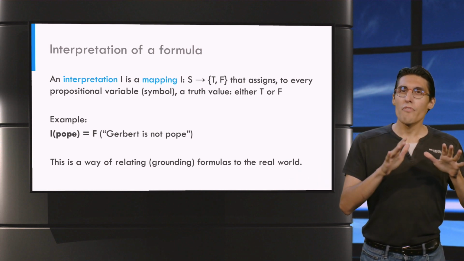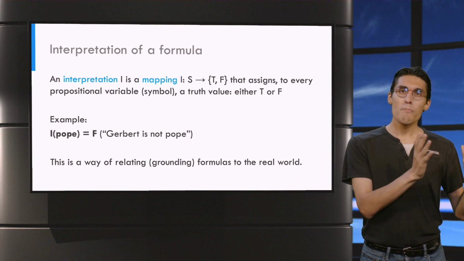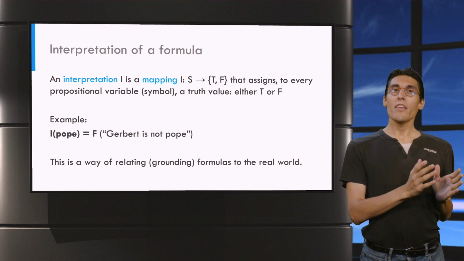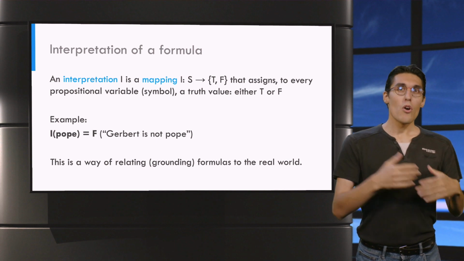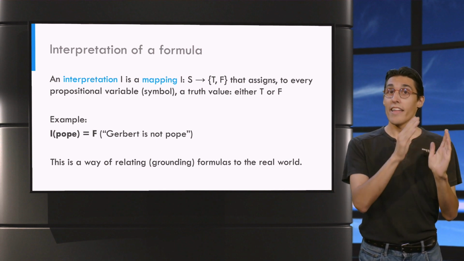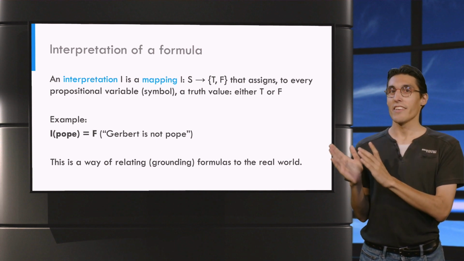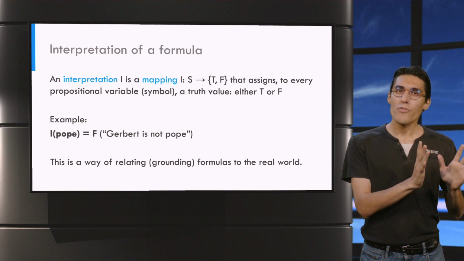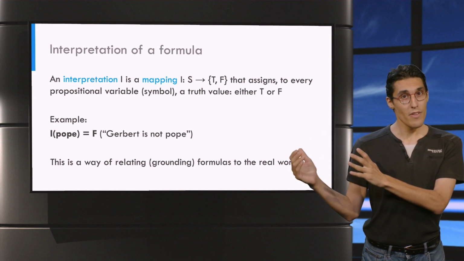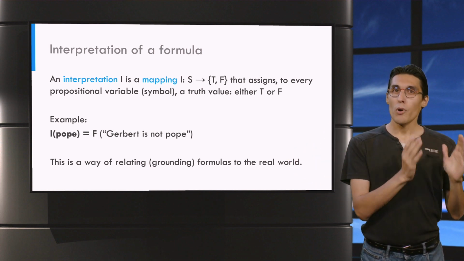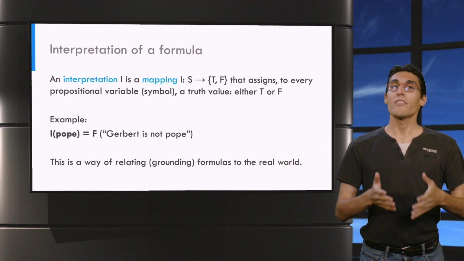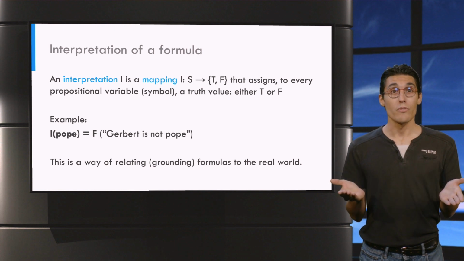To compute the truth value of the formula will be Pope and will die, we need to know the truth value of will be Pope, will die, and how the connective and behaves semantically. There, if both will be Pope and will die are interpreted as true, then will be Pope and will die is also interpreted as true, something that Gerbert failed to conclude.